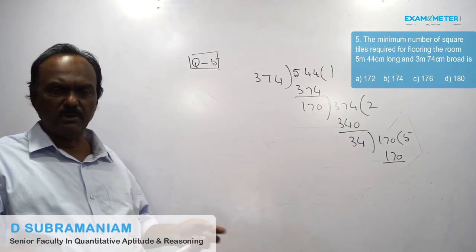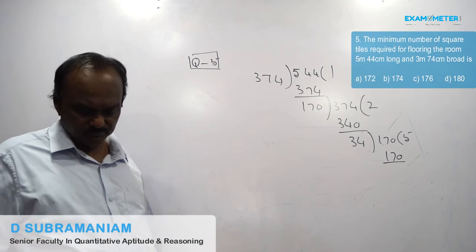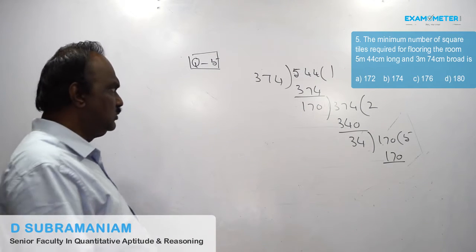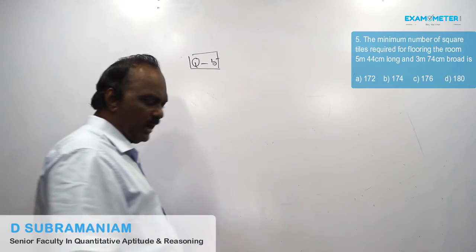This is the highest common factor. Now write down. Therefore, number of tiles required is equal to